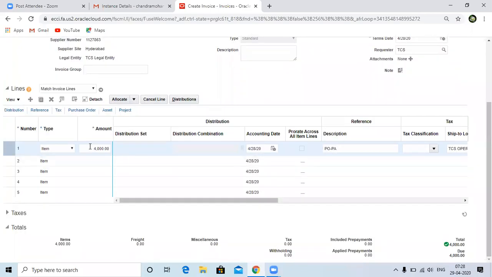Now whatever information we have given on purchase order distributions, the same has to be copied here under your invoice distributions. So at the purchase order distribution level, you enter the project information, and the same project information should be defaulted to your invoice distributions.